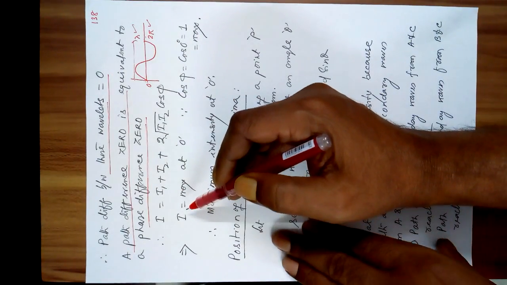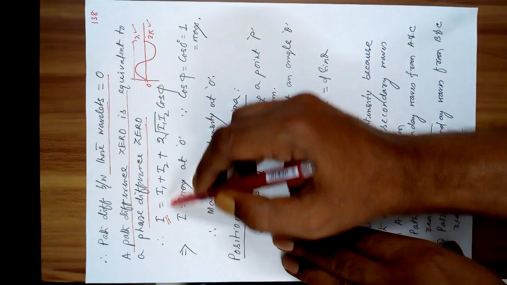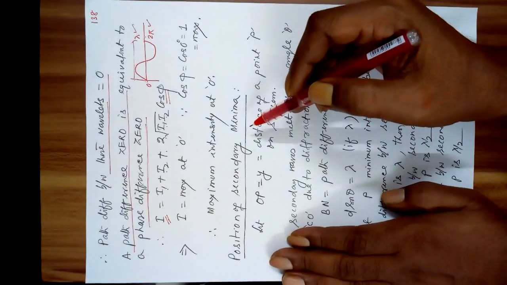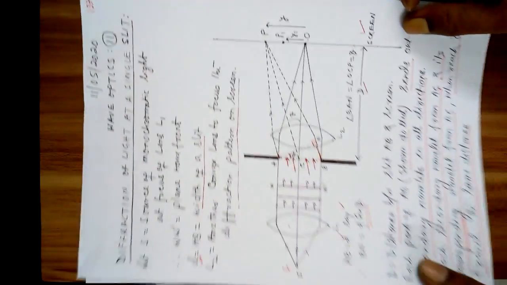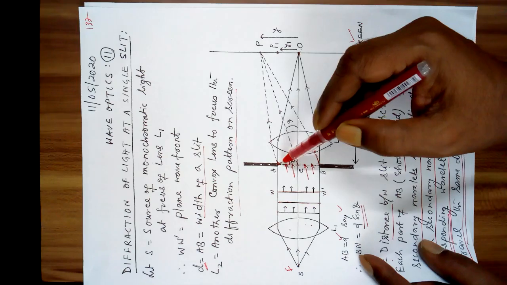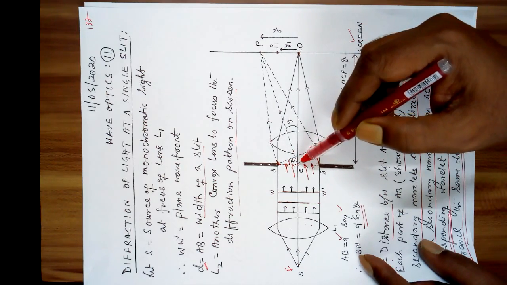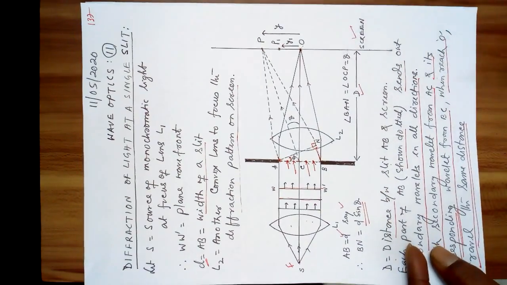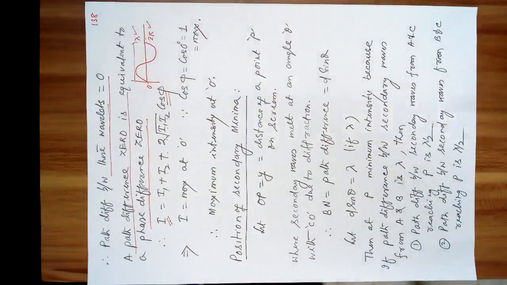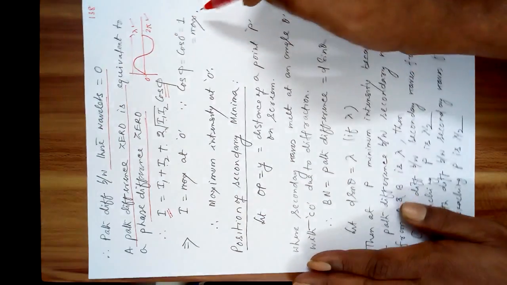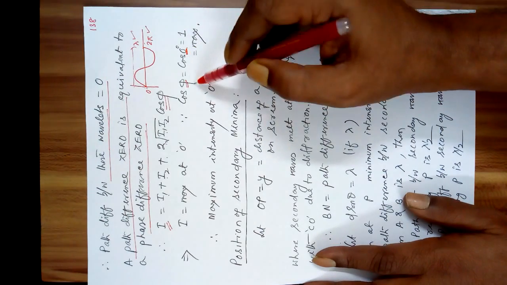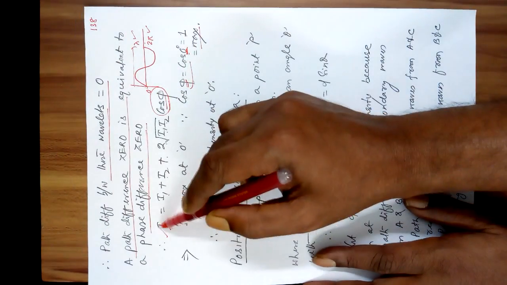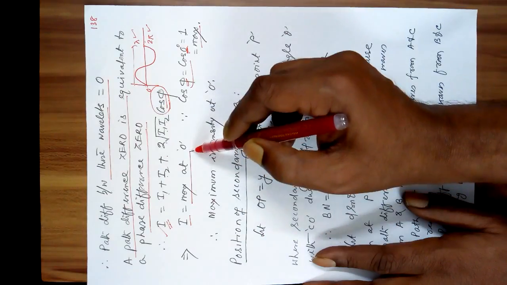And we know from the interference chapter, the interference intensity I is equal to I1 plus I2 plus 2 root of I1 I2 cos phi. Now, since the wavelets from AC and the wavelets from BC, when they arrive at O, have no path difference, the phase difference between them is 0. So phi is equal to 0, so cos 0 is equal to 1. So if this part becomes 1, your I is equal to maximum. So I is maximum at O.